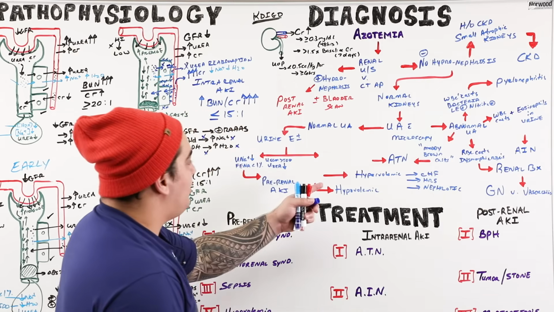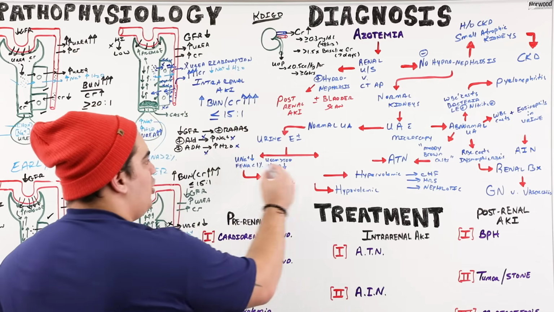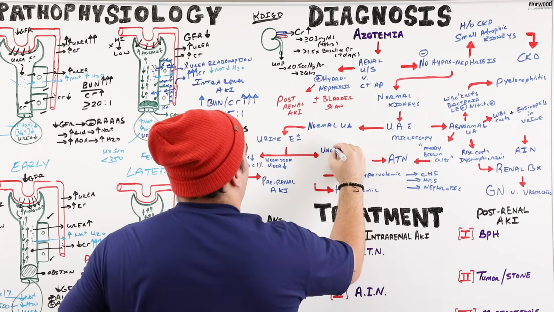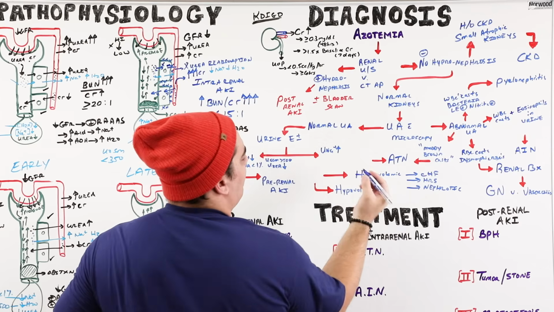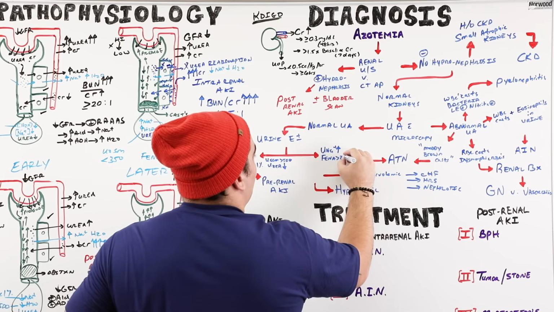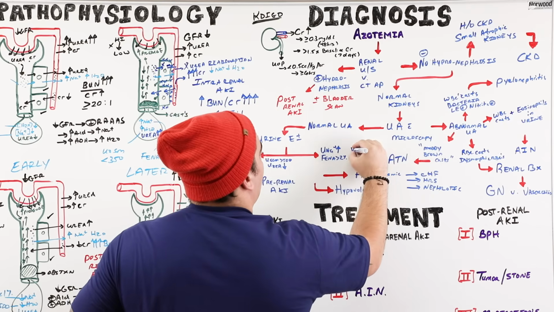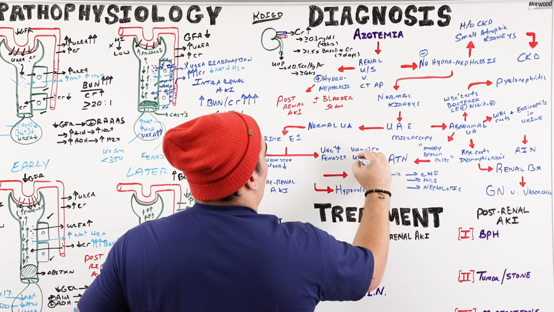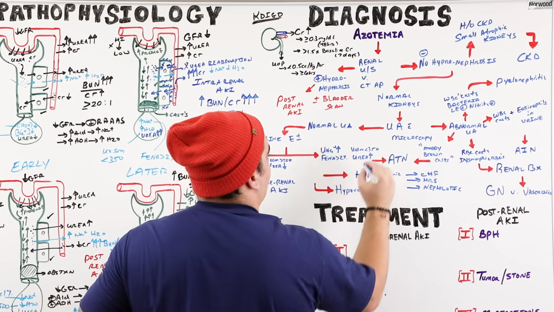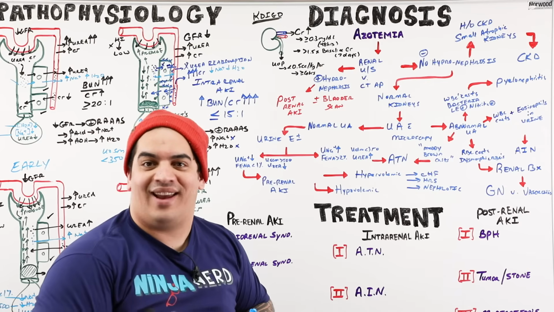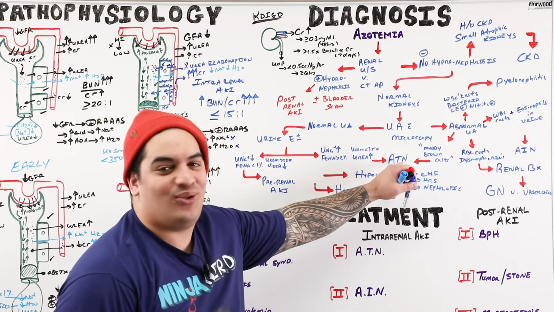Now, in the other part of the test, you have someone that actually has a urine sodium that's opposite. That's actually high, greater than 40 generally. A fractional excretion of sodium that is greater than 2%. A urine osmolality that's less than 350. And a urea excretion that's actually higher. What would this make you think of? An intra-renal AKI. So this would make you think about acute tubular necrosis.